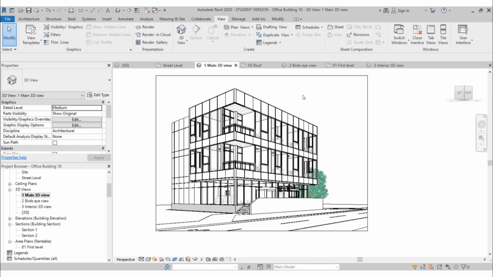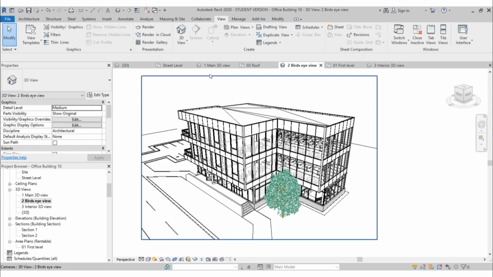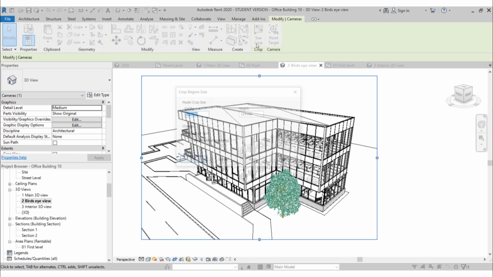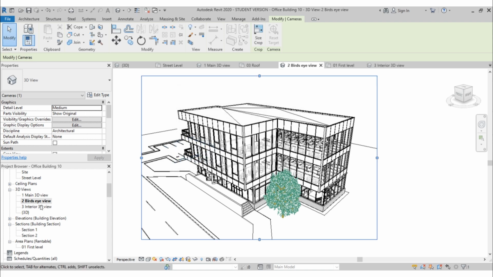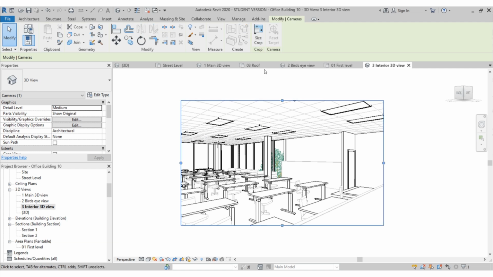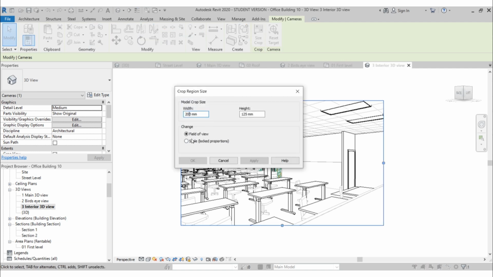It basically changed the size of the view, so once we render it out, if you print it in the proper dimensions, the view will look nice. It won't be pixelated or blurry or anything like that. Now, again, I suggest going through all of your 3D views and then changing the crop size. Let's maybe change this one to go to scale, and then let's go with perhaps 250 for this one. Hit apply, OK, and then for this one, again, go here to size crop, and then let's change it again